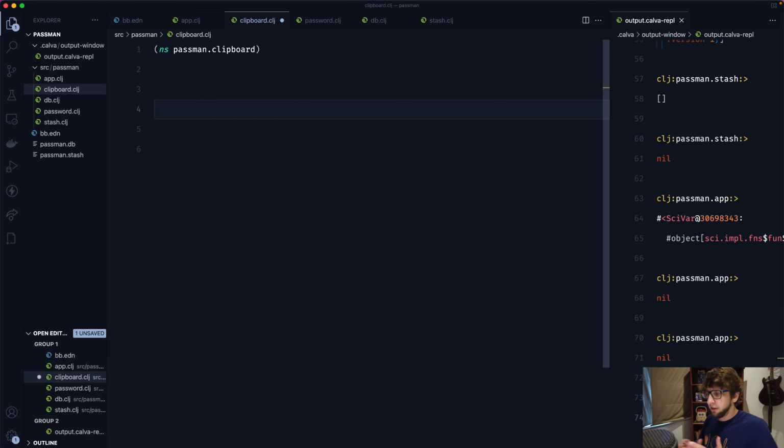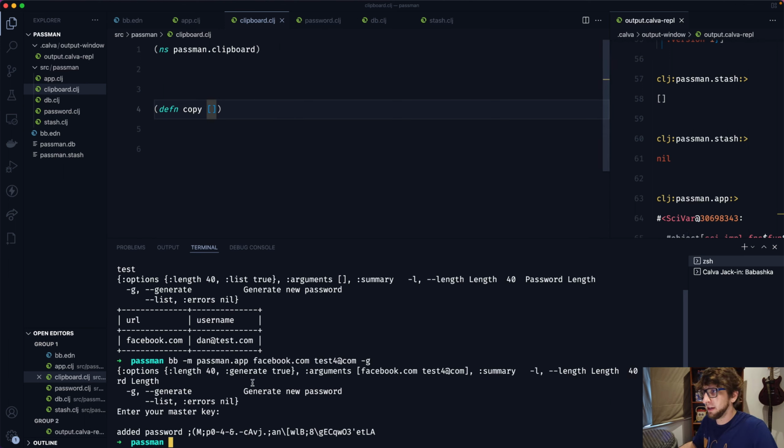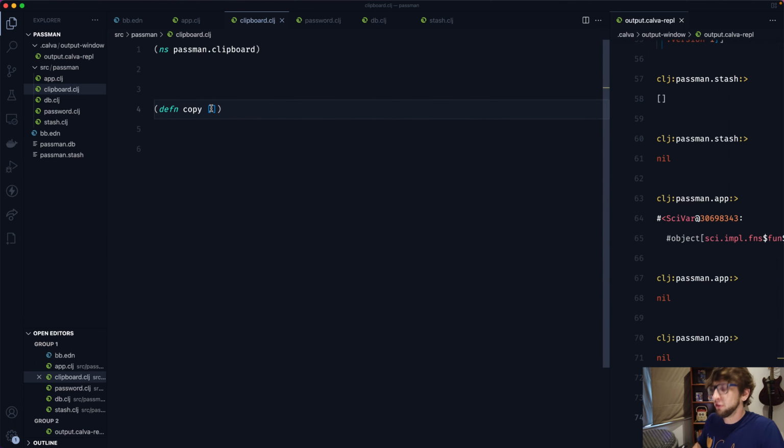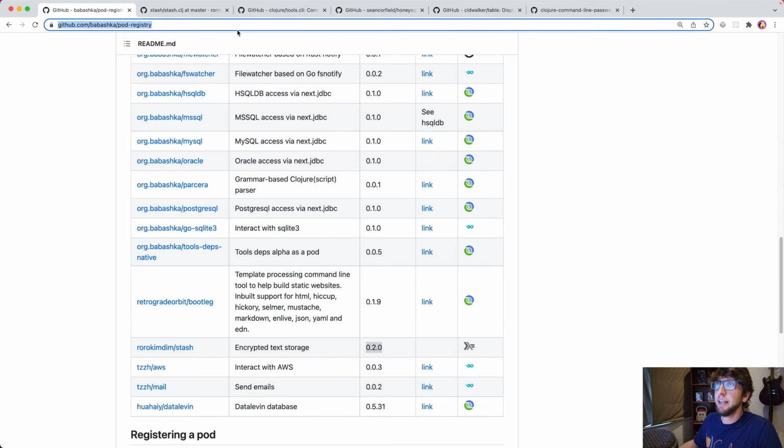Evaluate this. Okay, so I'm going to create a function here called copy, and I'm going to use a terminal command. This will actually only run on Mac. If you're on a Mac and you echo some text and you pipe that through to pbcopy, it's going to copy the text to the clipboard. Linux has its own command, and I have no idea how you would do that on Windows. We're basically going to run this inside of Babashka. We're going to write a function called copy, which takes some text, and we're going to require the sh function